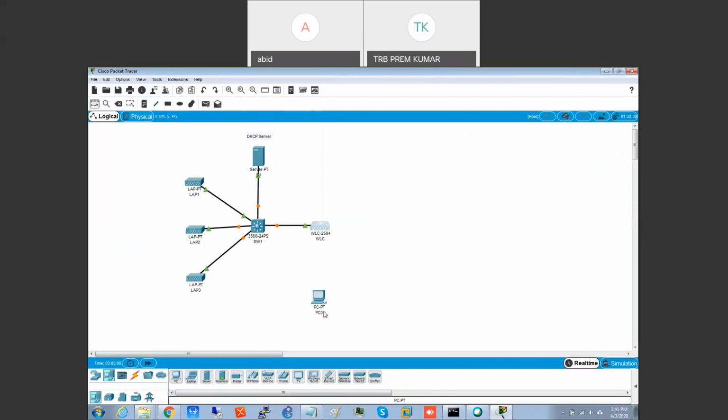If you're drawing this topology, you can draw it in your notebook in parallel. I'm replicating the topology on Packet Tracer itself. You don't do that now. Just draw it in your notebook and watch, because replication will make you confused, as there are a lot of steps you need to note down. Then you try this at home. If it is not working, then we'll open your topology and see where you made the mistake. Because if you do it in parallel, you will not be able to do all the steps. You note this down, I'll give the steps now. Yes, please note it down.